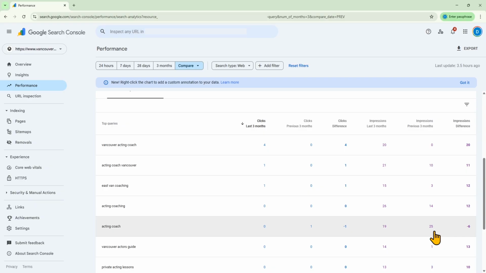With this information from Google Search Console, you can also use Google Trends to apply this information to your website and get more results. Using Google Trends, you can find out what keywords people are searching for, and then you can add filters like region and time period to get more context around those keyword trends. So that's another free tool that you can use in addition to Google Search Console.